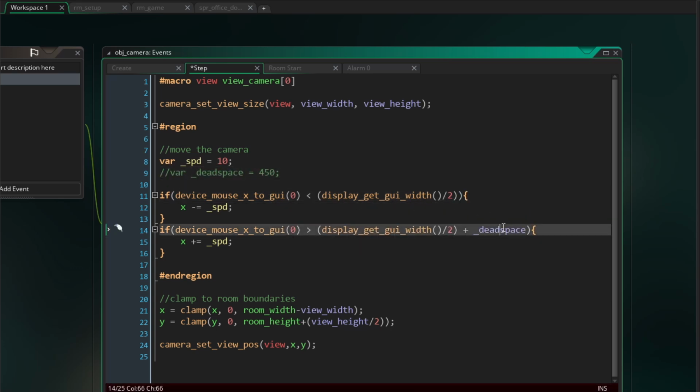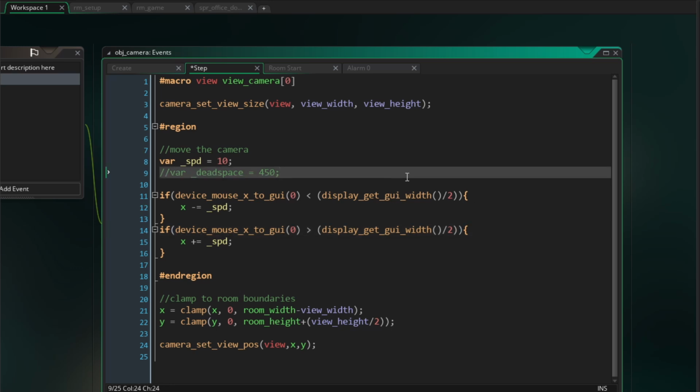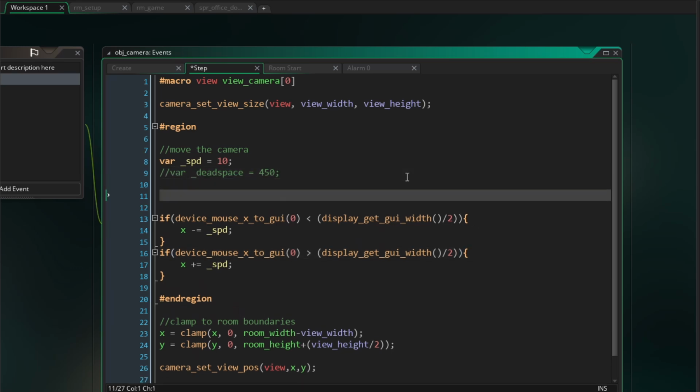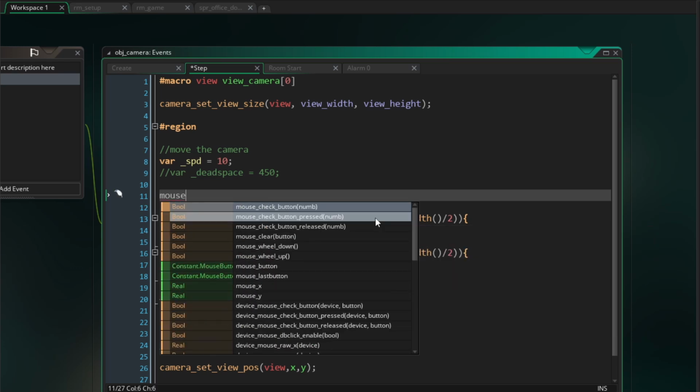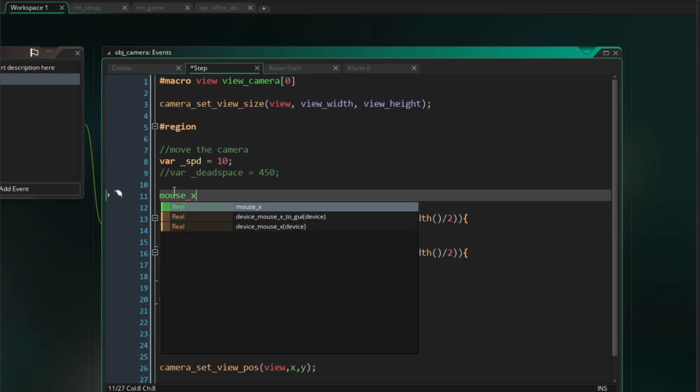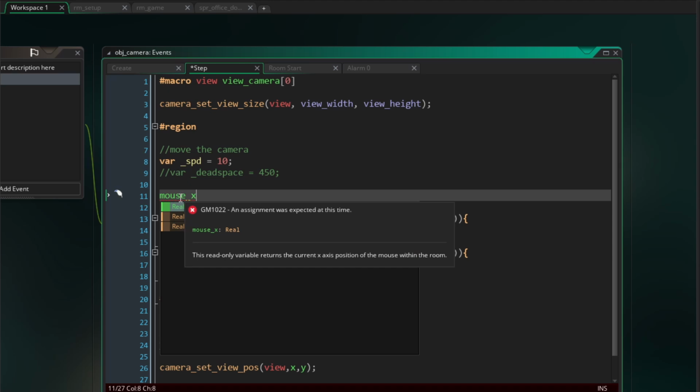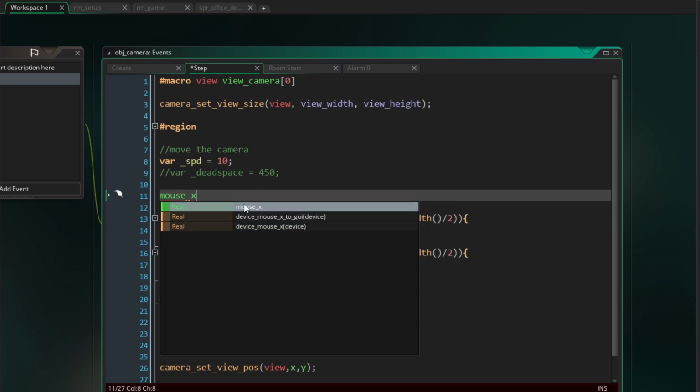I'm going to remove this dead space code for now, just to show you how it works. So first off, what we need to do is figure out where the mouse is. So we need to get the mouse's X position, right? So we're going to use mouse_X. Perfect. So this function will return the mouse's X. And obviously,